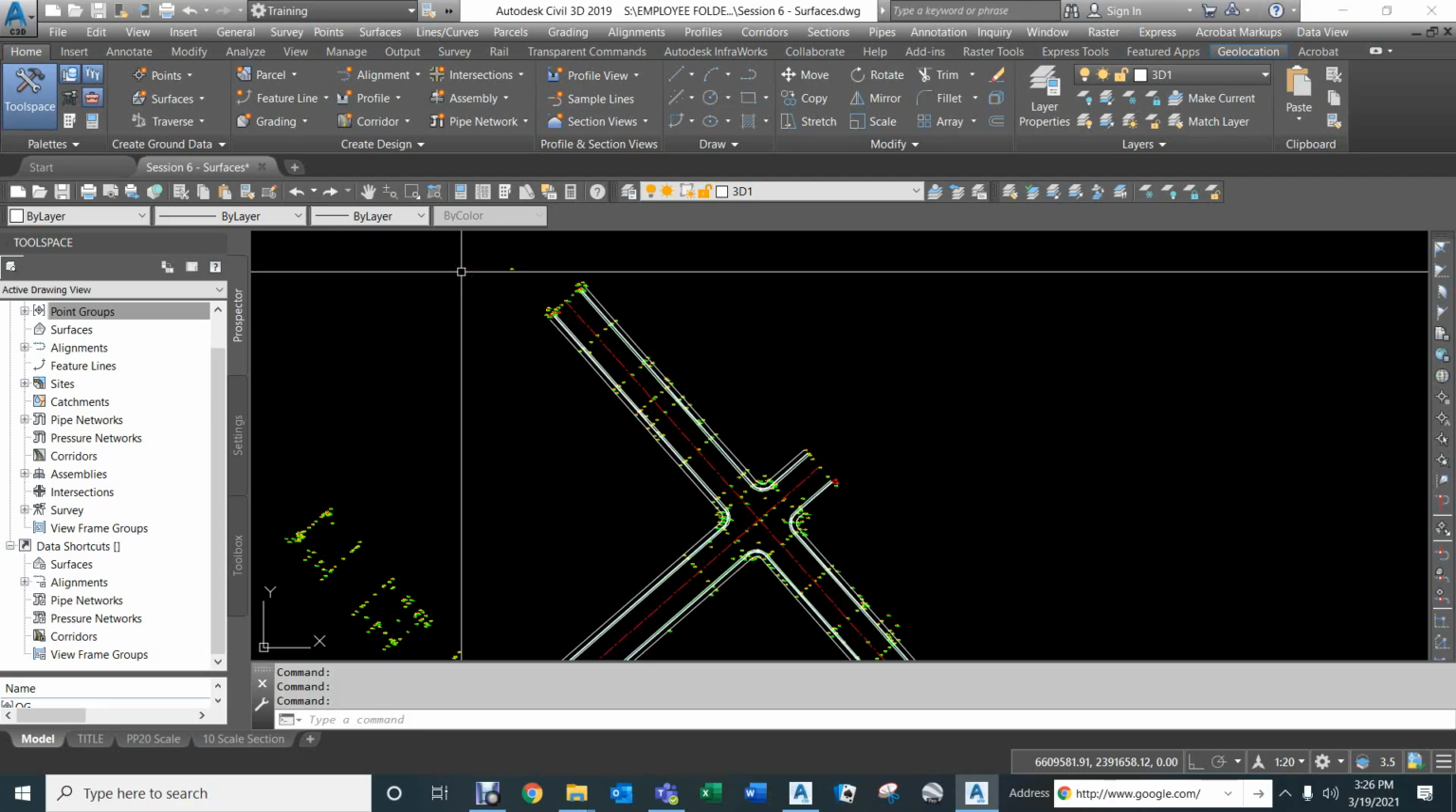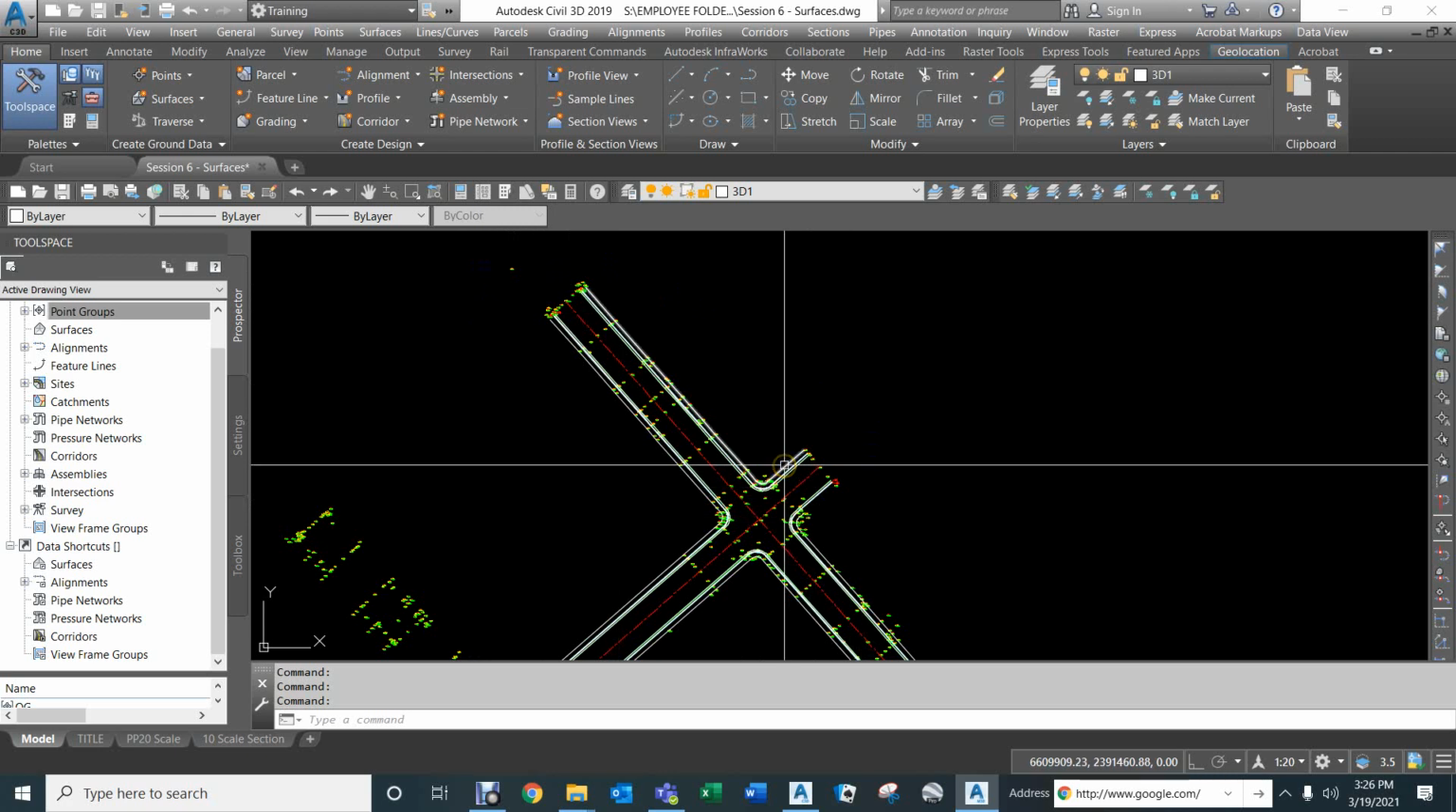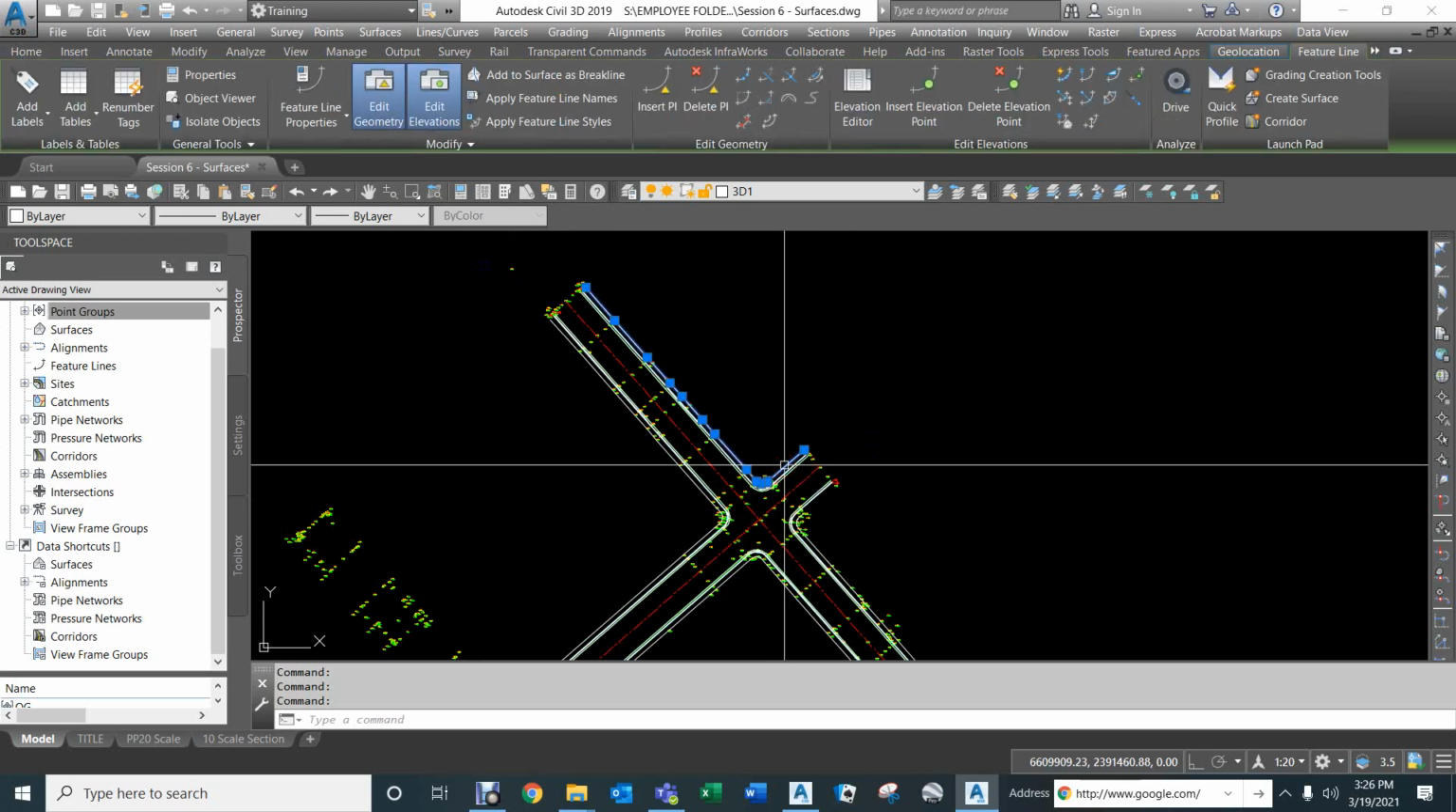We're going to be creating a surface. We're going to use feature lines to create that surface. The feature lines are based on survey points, so we have our X, Y, and Z data that we'll be feeding into it. And so once we're ready and we have some basic feature lines drawn in the drawing, what we want to